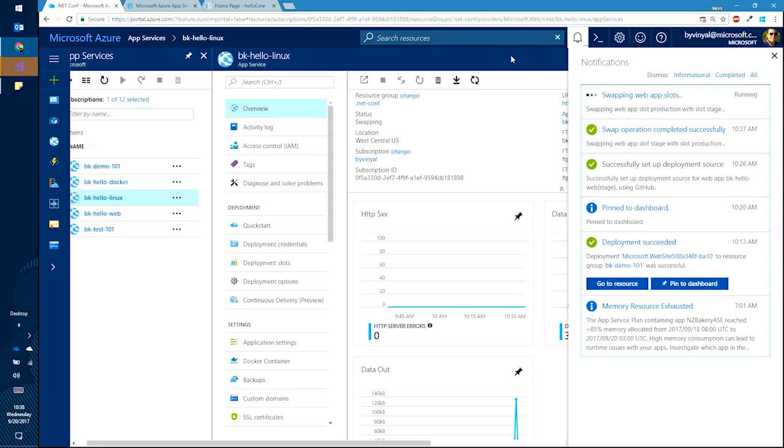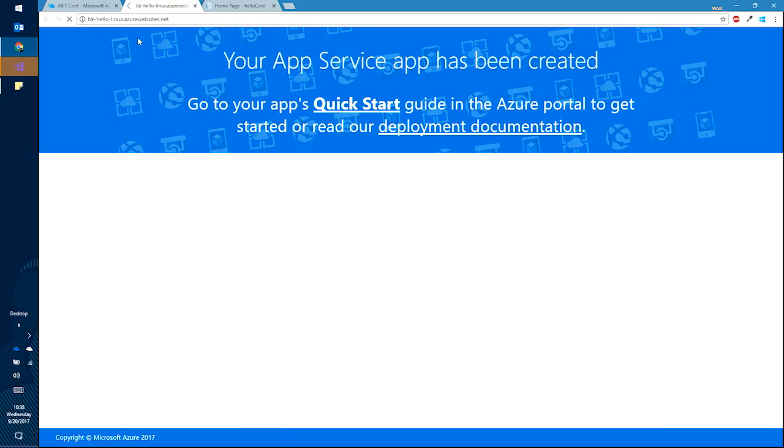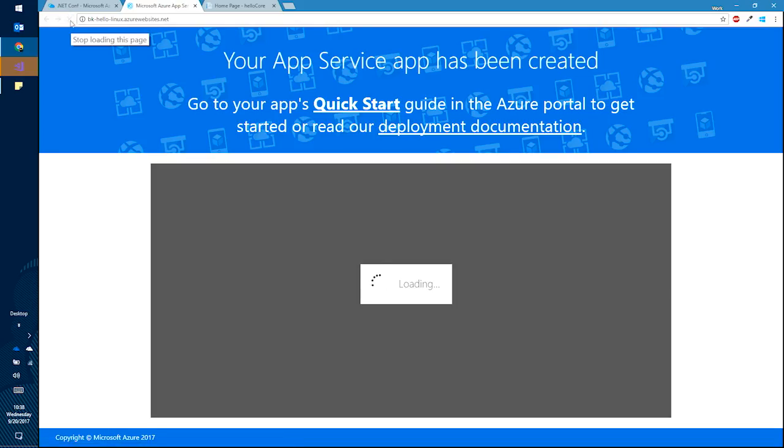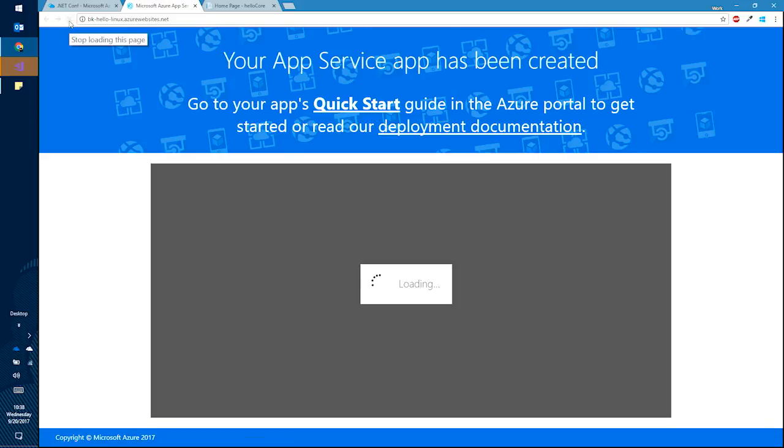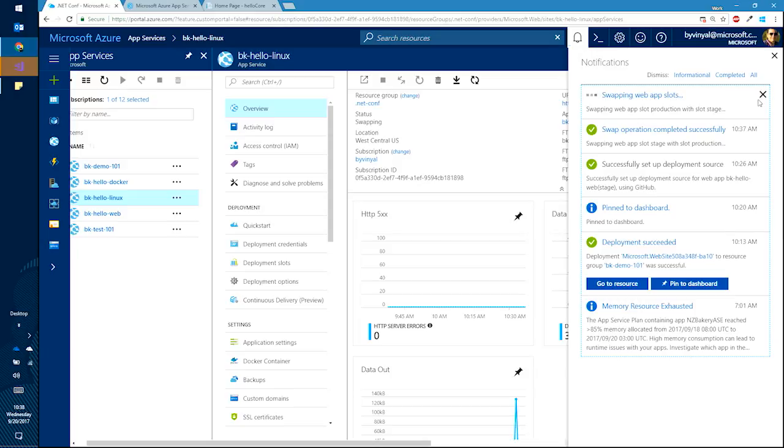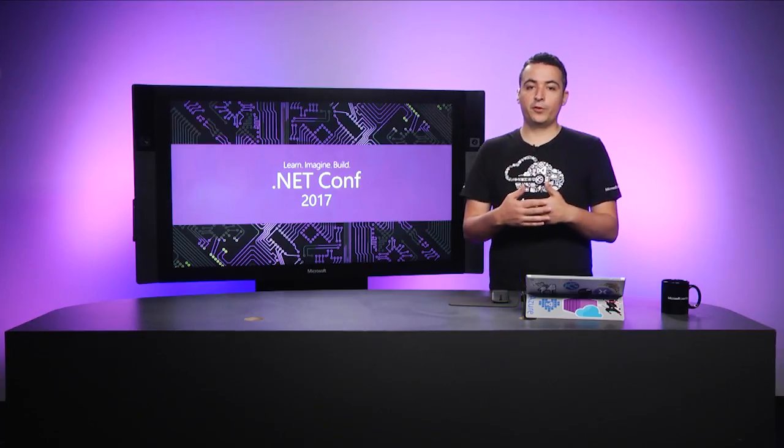Looks like swap is still in progress. Once this goes through, then I'm going to have my production code over here in production where it belongs. Swap still going. So to give you an idea of what swap is doing, swap first of all is going